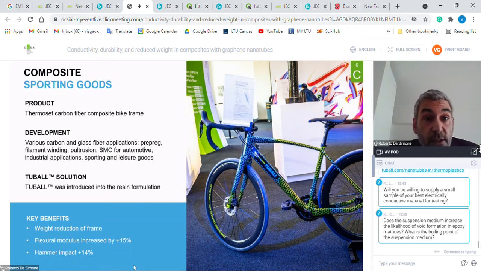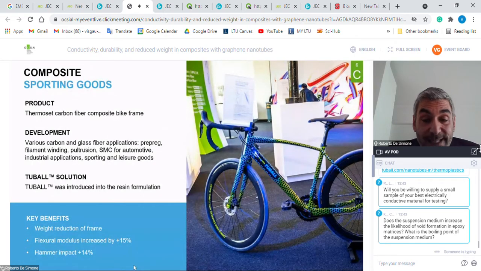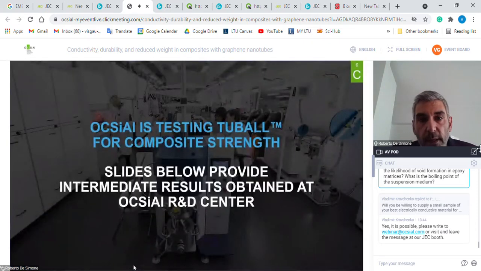Also in this case, using a system compatible with the epoxy system, we were able to achieve a very significant weight reduction of the frame, and also increase the hammer impact, which is a specific test for bike frames, by 14%, and even the flexural modulus. So just some,